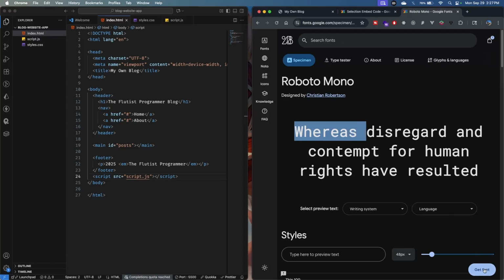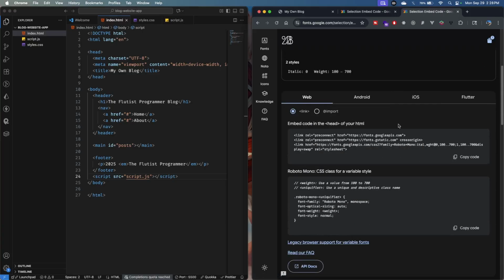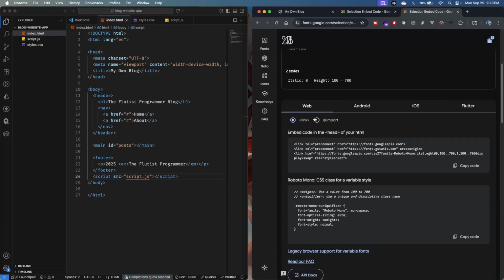Also, we need to click on Get Font, and there are two ways that you can use the font. You can use an embed code or download it. Downloading means that, of course, you are going to load the font and then install it. But in this case, we want to use the embed code, so we don't need to do any additional steps. So let's click on Get Embed Code, and then scroll down, and in the part where it says web, you will see that there are 3 links here. Click on copy code, and basically what we are going to do is import these 3 link tags on the